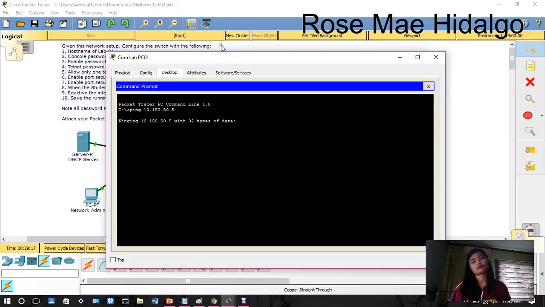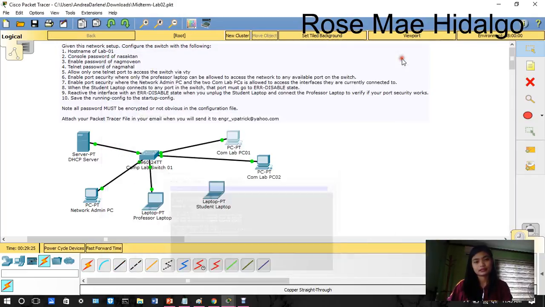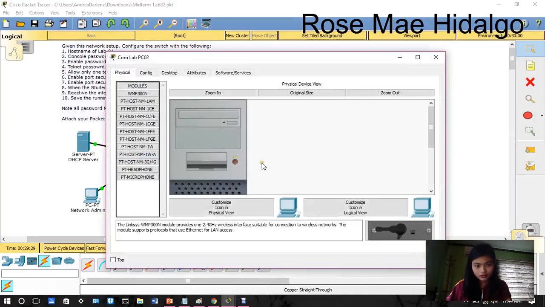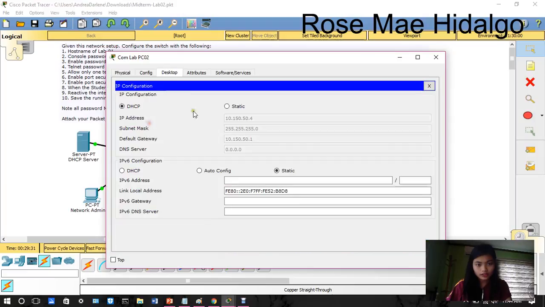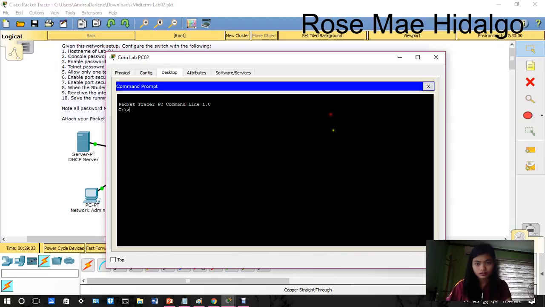Enter. Then we need to do it again in PC2. Need to check. Okay. Command prompt, ping 10.150.50.5.